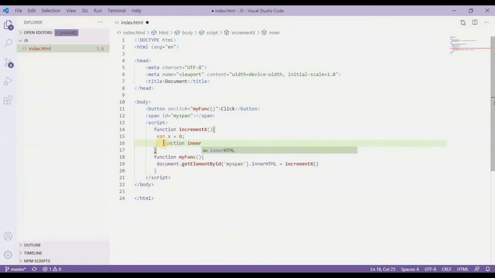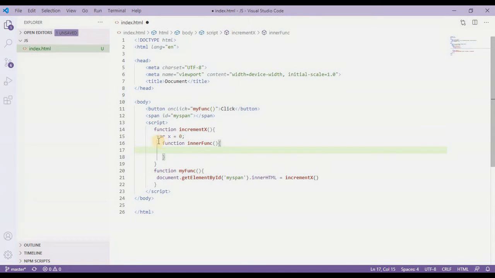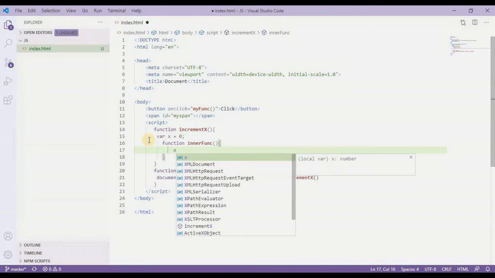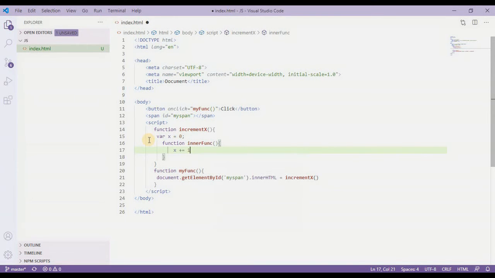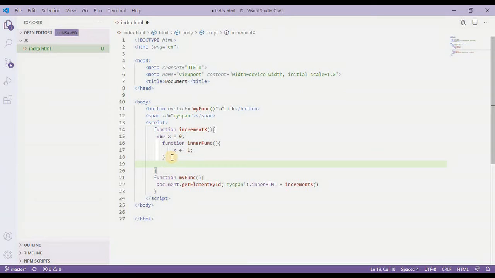I'll call it inner func, and in this function I'm going to simply return x plus equals 1, and then I'm going to call this function inside this increment x function, like this, and after that I'm going to return this x.